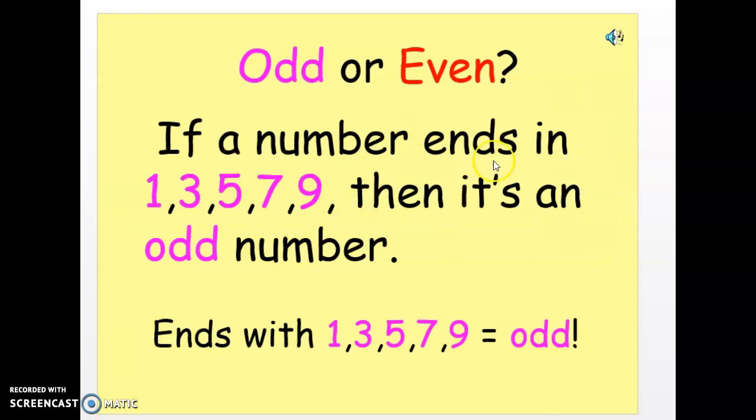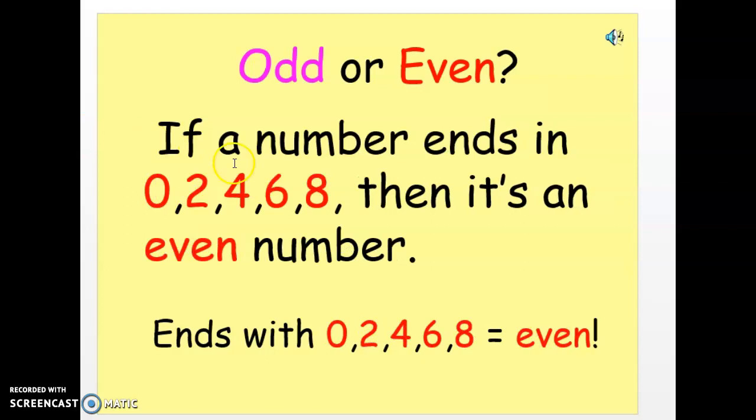So if a number ends in 1, 3, 5, 7, and 9, then it's an odd number. Any number that's ending in 1, 3, 5, 7, and 9, that number is an odd number. But if a number ends in 0, 2, 4, 6, and 8, then it's an even number. Be sure to check that if a number ends with 0, 2, 4, 6, 8, all these we call them